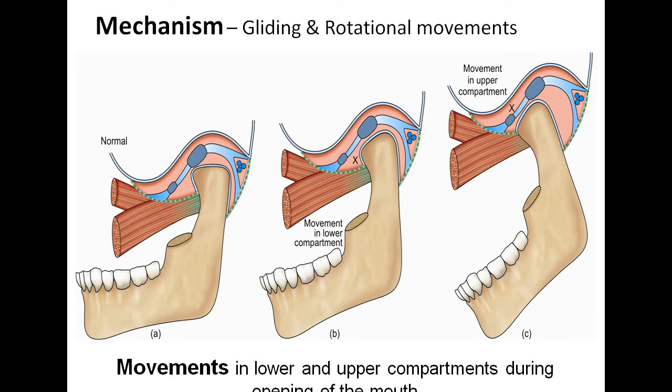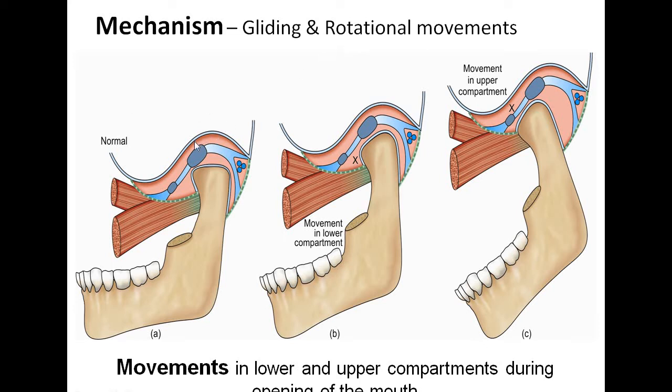The lower jaw can be depressed, elevated, protruded, retracted and moved from side to side by the movements at the temporomandibular joint. The mechanism of the movement is, all these above mentioned movements are mainly performed with the help of two basic movements. These are the gliding movements and the rotational movements. So gliding and rotational movements are the two main movements.